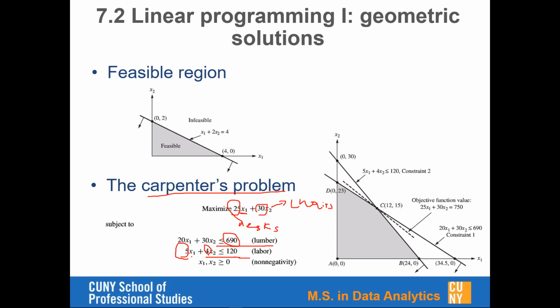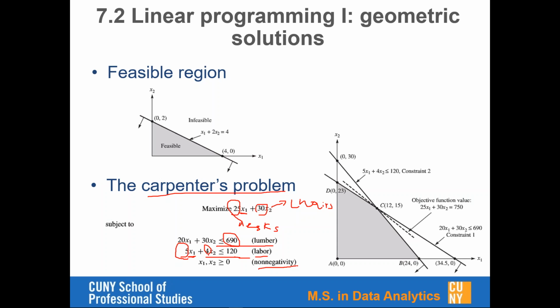Because in order to make x1 units of desks, I need 5 times x1 units of labor, so this would be the labor constraint. And then with some sort of non-negativity constraint on x1 and x2,